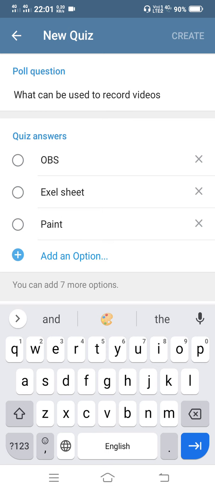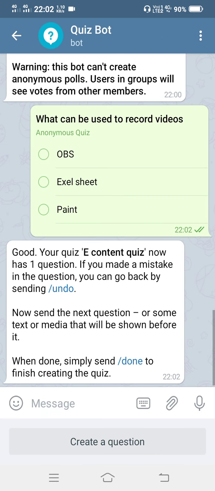Now I have to tell Telegram which is the correct option. For that purpose I will click on the OBS option, and at the top right corner there is the option of create. I will click on create. So now you can see the first question has been created: what can be used to record videos?